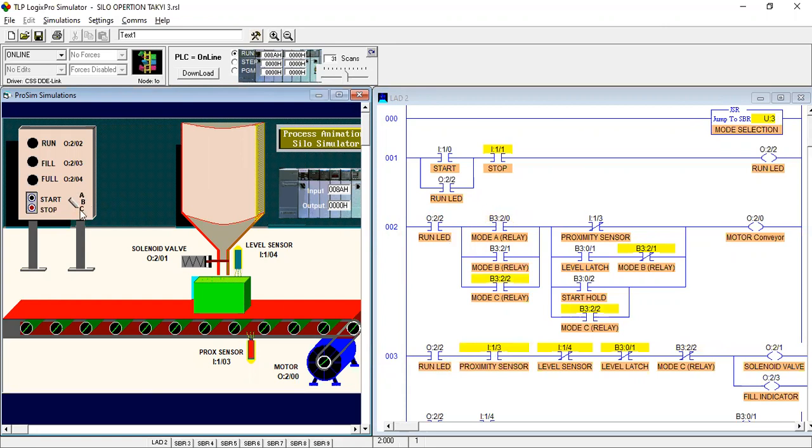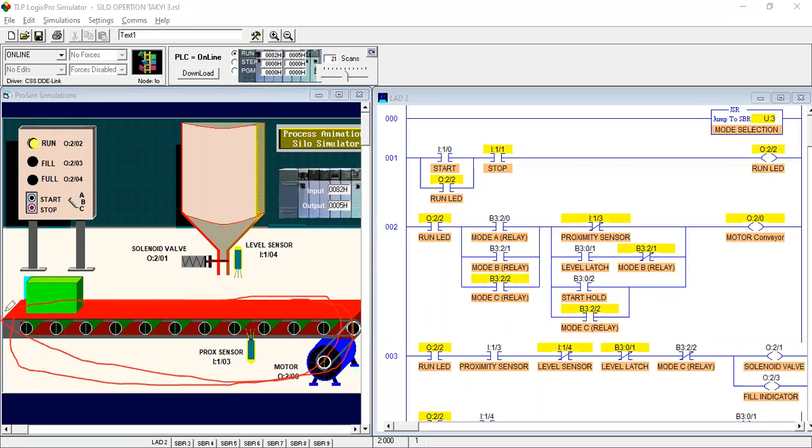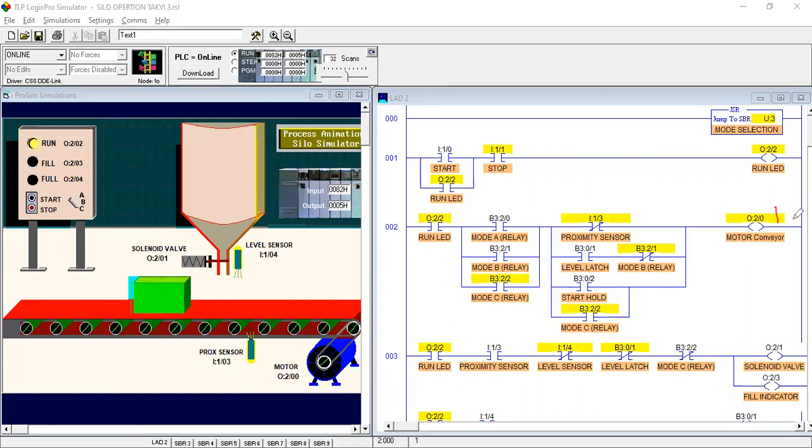So if you select the C selection mode, then you have to press the start push button, and only our conveyor will be turned on, according to our controlling part. As you can see, the motor conveyor is turned on. Other parts will be off, like the solenoid valve and level sensor.